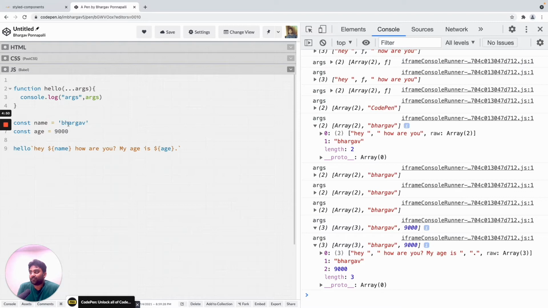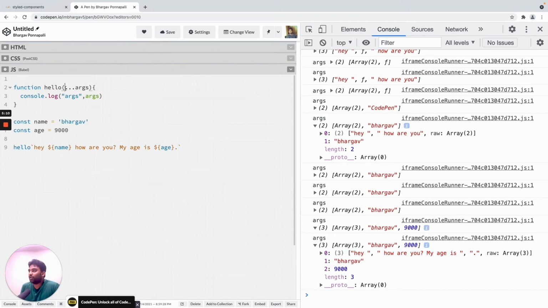In this case, there is one string and another number. So we are trying to mix in values which are not just simple plain strings. What the tag template literal syntax does is it grabs all the strings in the first argument, and then all the interpolations come later.